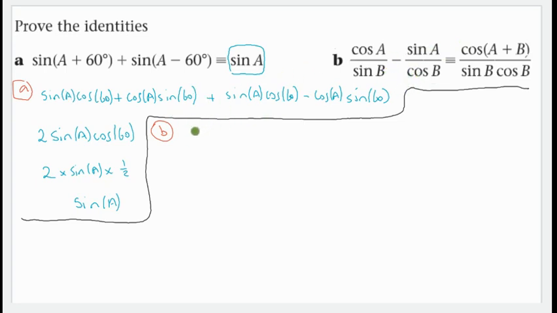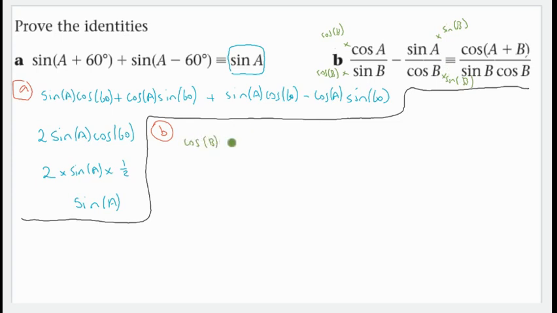So adding these fractions, first of all, we can make a common denominator of sine B cos B. So by multiplying the top and bottom of this one by cos B, and for this one, multiplying top and bottom by sine B,